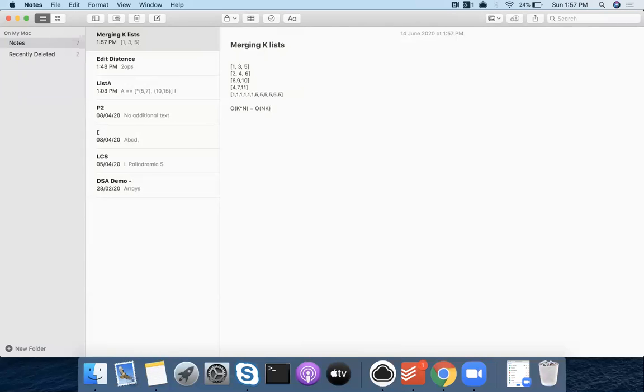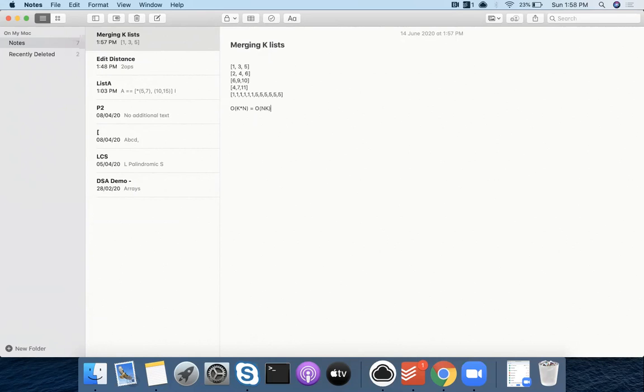The problem is that this is not optimized. Can we reduce the complexity? Because n into k is a little more. How can you make it less than n into k? To find the minimum or maximum from some list, we can use a heap data structure. Yeah, that will take log k. But how? Elaborate.